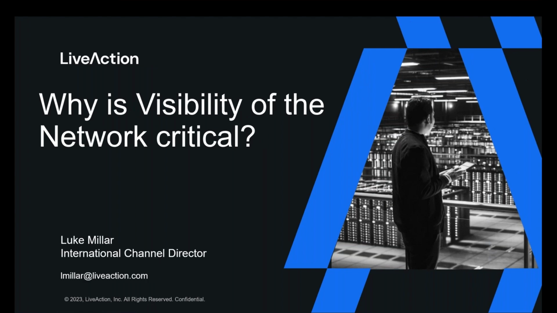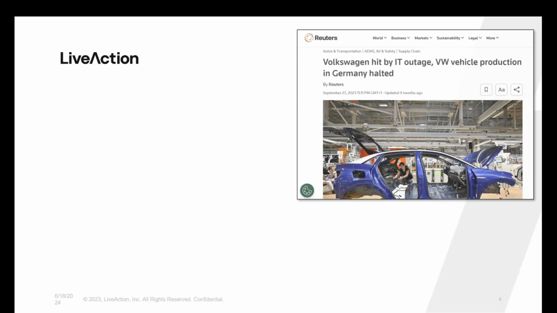One of the things I want to talk about is why visibility of the network is so critical to a lot of organizations, all over the world really. As organizations start to expand, that issue becomes much, much larger. It affects pretty much any type of organization, even the ones that are well known, have big budgets, and you would think would have everything they need to get that visibility and keep networks up and running. So I'll start firstly with a story, which is that back in September